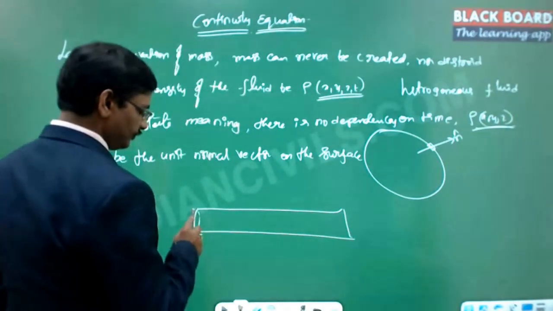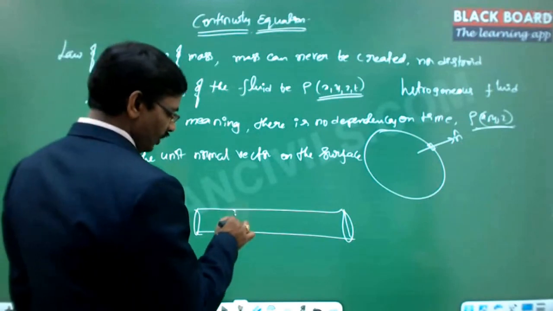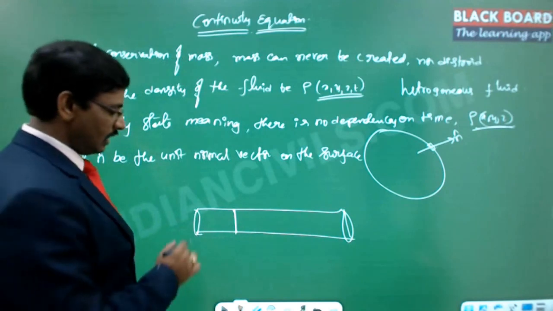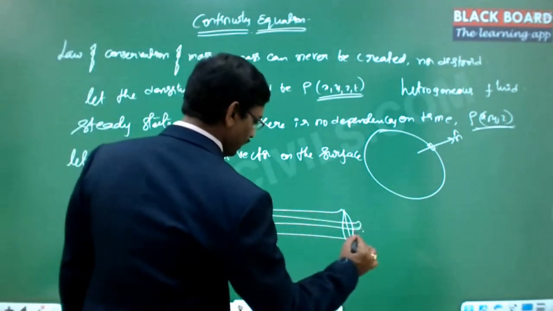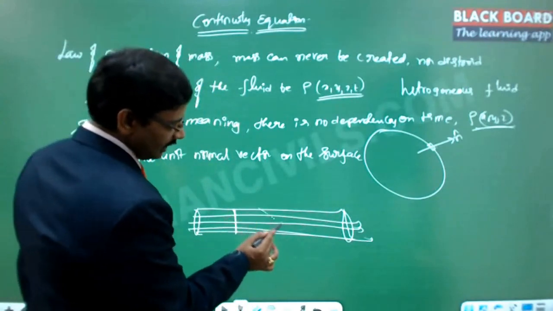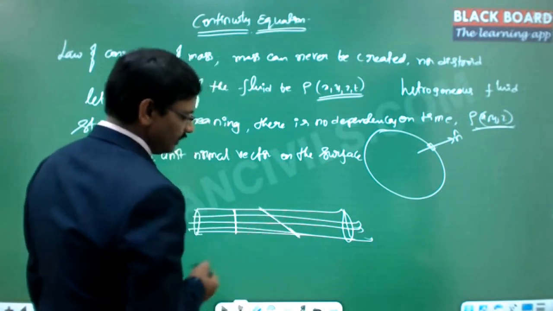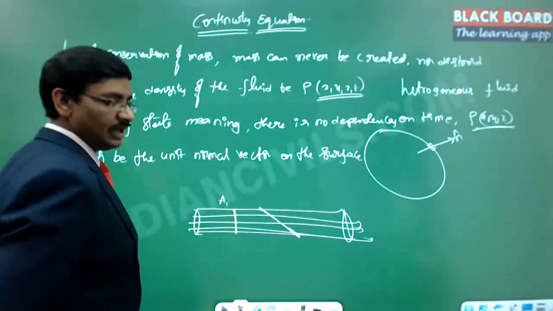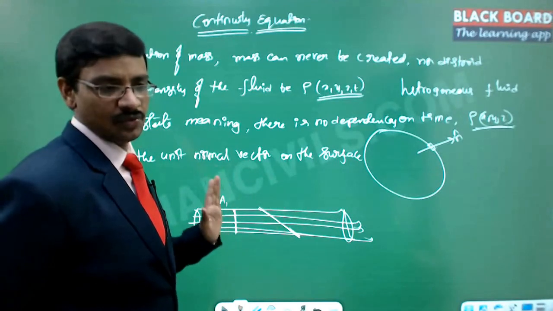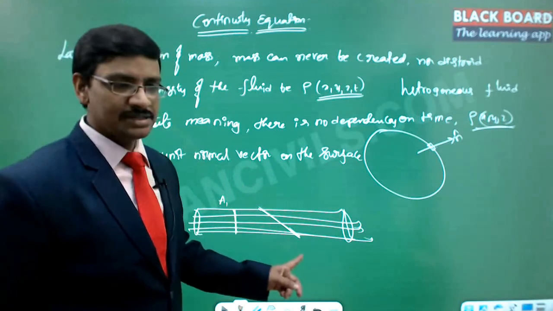So this is a pipe. And in this pipe, I take one particular area of cross section like this, exactly perpendicular to the flow, and the flow of the fluid is going in this particular direction. And then I will introduce one more surface which is exactly slant to this. So this is how I have introduced one particular surface. Let us say this surface has an area of cross section of A1, and this is a pipe, and exactly in between I have put one surface which is a perpendicular surface area to the flow, and this is a slant surface area.